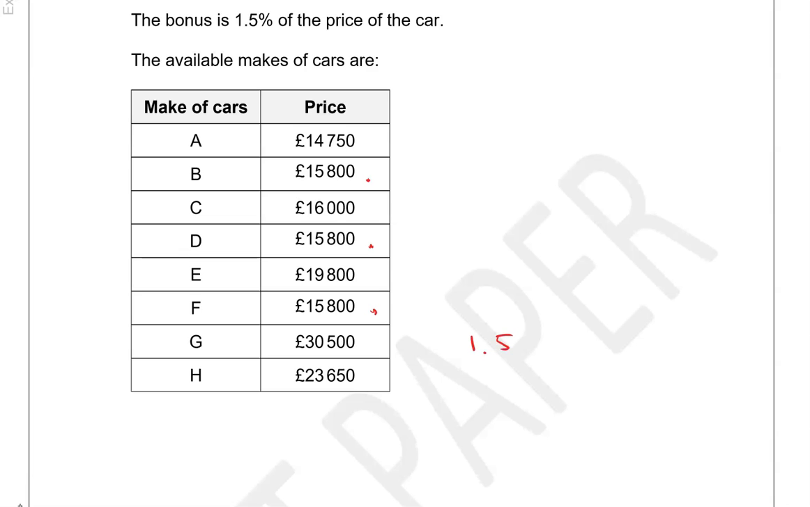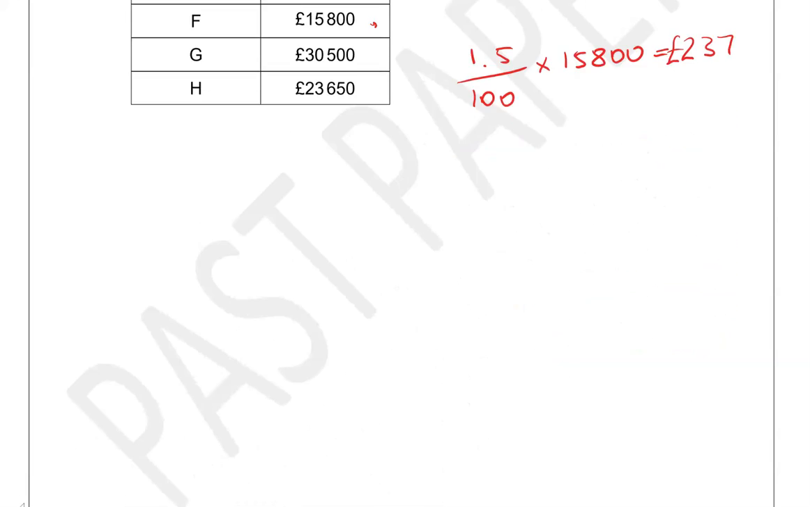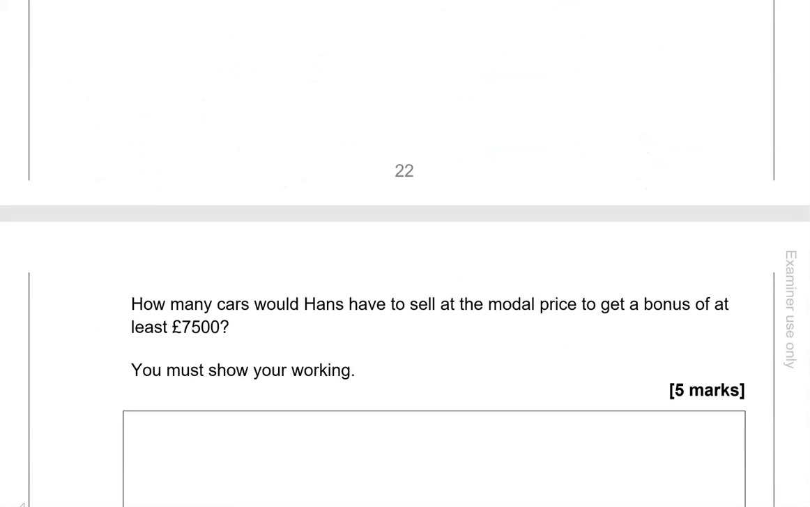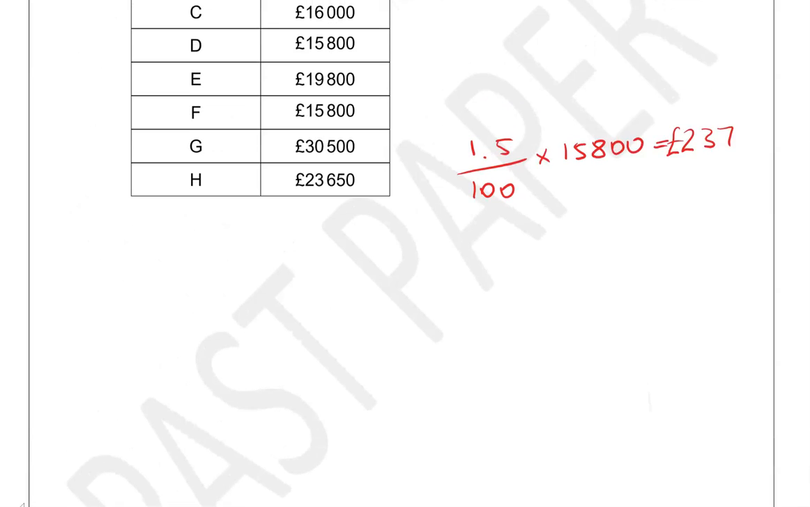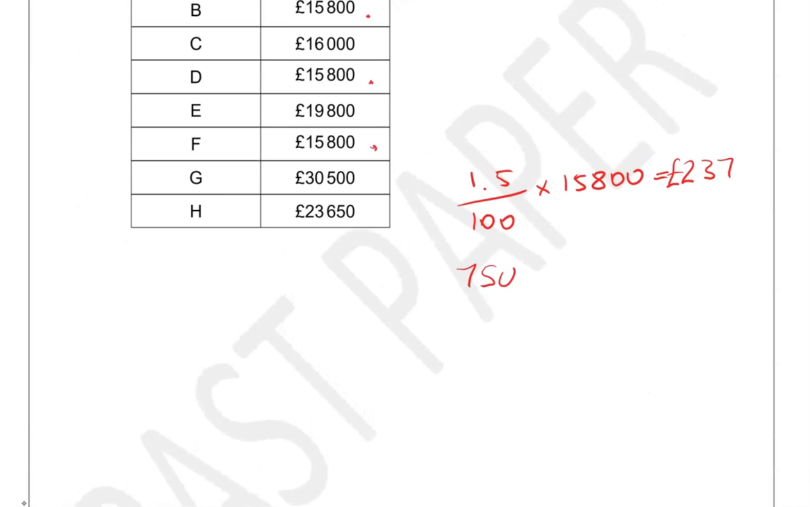So 1.5 out of 100 of the amount, which is 15,800. So 1.5 divided by 100 times 15,800 is 237. So that is the bonus, £237. So how many cars would you need to sell to make 7,500? So 7,500 divided by 237 gives us